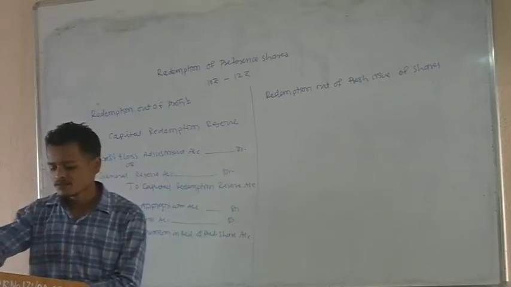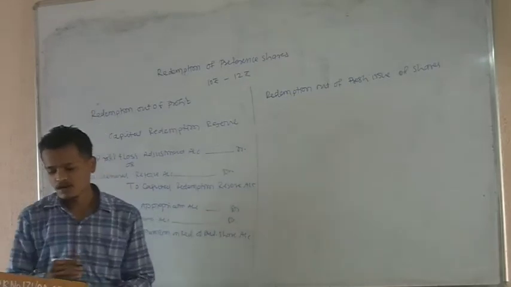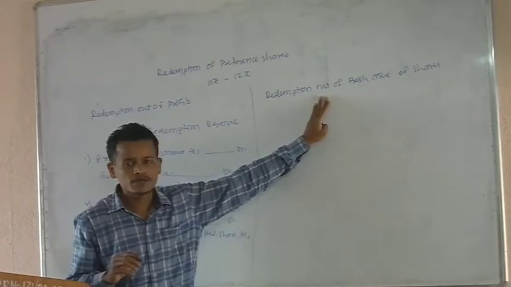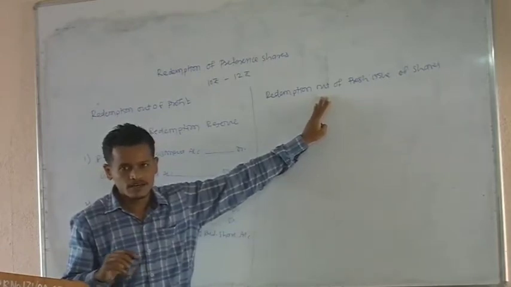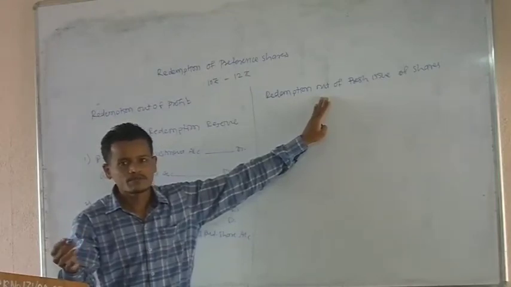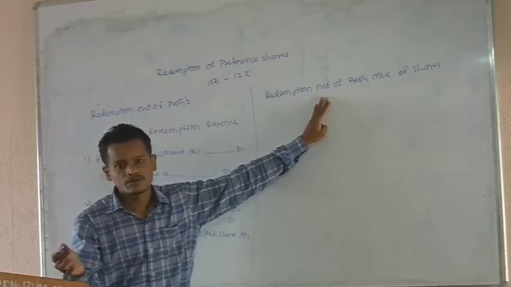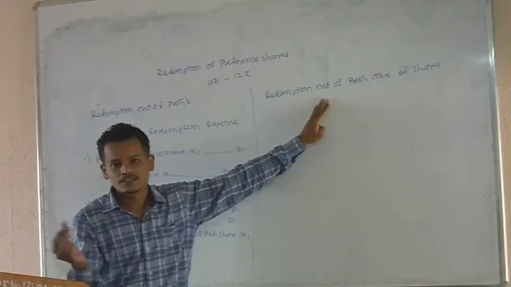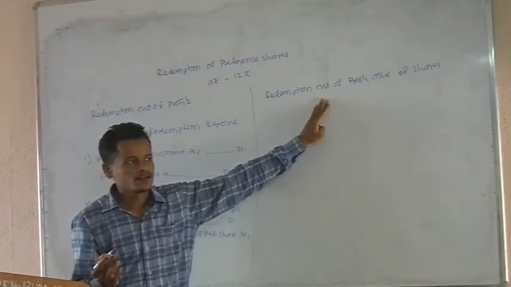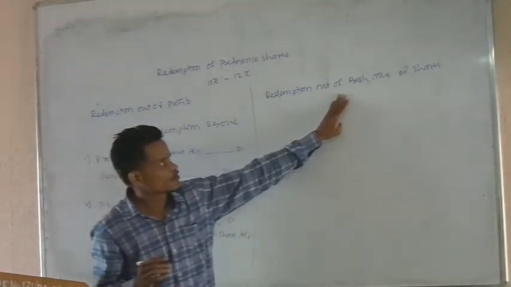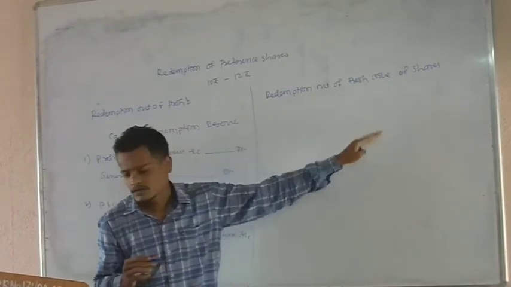There can be redemption of preference shares out of fresh issue of shares. It means the organization is issuing fresh equity shares and those shares are given to the preference shareholders. The company is not paying money or cash to the preference shareholders; they are giving equity shares, and those preference shares are taken back by the company. Then that method is known as redemption out of fresh issue of shares.